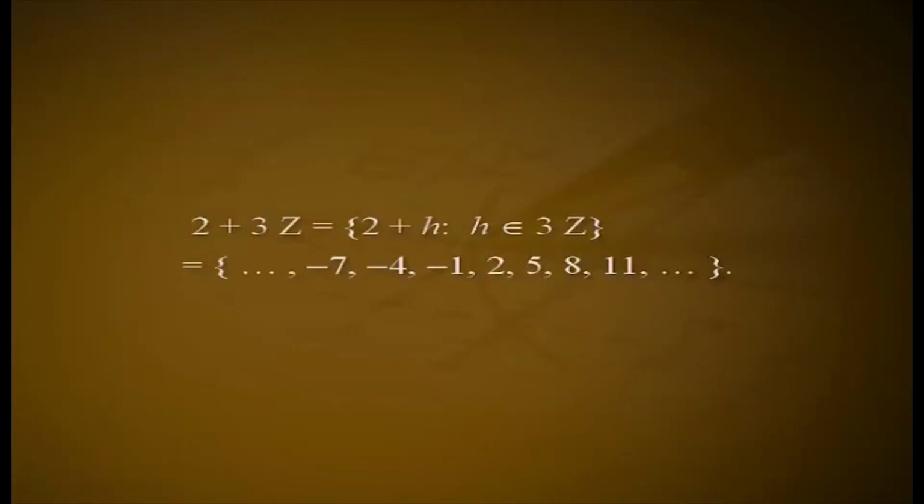The left coset containing 2 is 2 plus 3Z, equal to the set of all 2 plus h such that h belongs to 3Z, which is the set consisting of ..., minus 7, minus 4, minus 1, 2, 5, 8, 11, ...